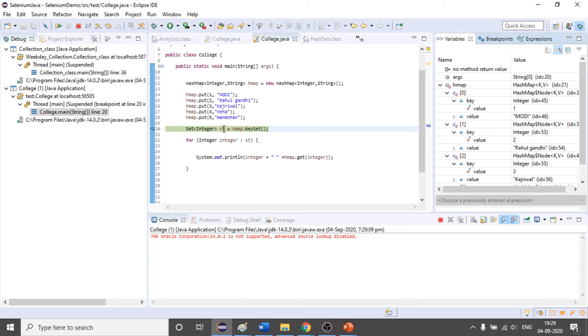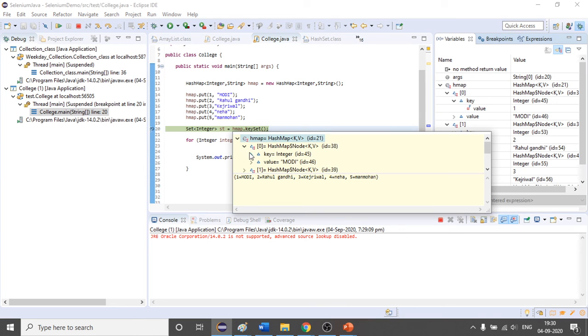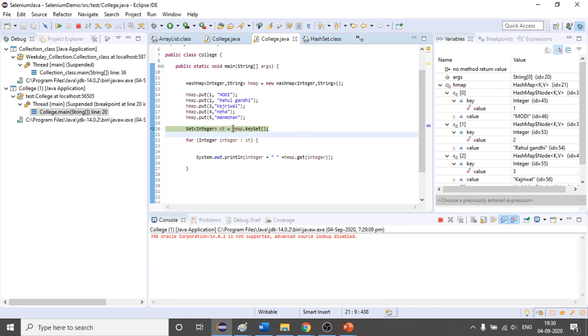After that what will happen? You can see this hash map is our object. This is how our object looks. I am just trying to expand only one here. So you can see the value is 1 and Modi. After we execute this statement, it will return an object, and that object will contain all the keys in the form of a set.